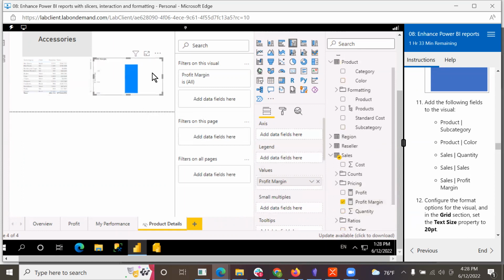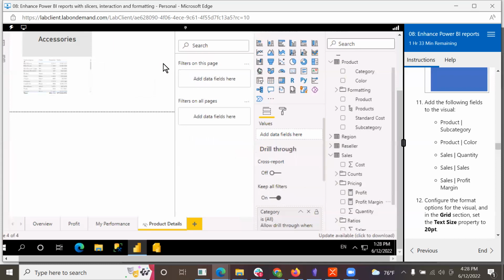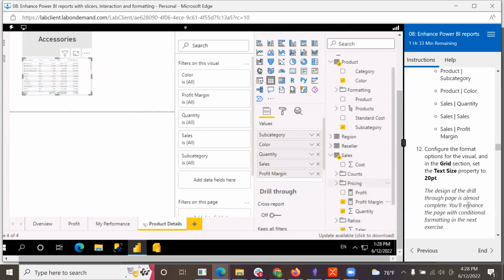Nope, that is not what I wanted to do. Remove that. What do I need to do to remove that? Because I want it removed. Oh, maybe uncheck. No, I still want that removed. What about that? Remove. Okay. Profit margin, I want to be part of this table. Okay, now it's there. Configure the format options for the visual, and in the grid section,